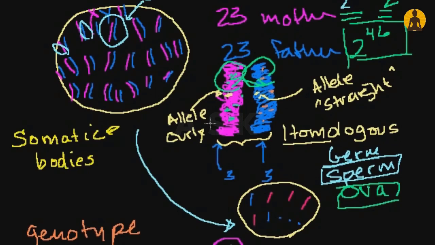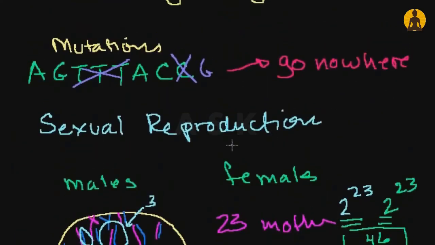And then all of a sudden, maybe some combination that never existed before emerges, and that's very successful. But I'll leave you to think about that, because maybe that combination might be passed on, or it may not be passed on because of this recombination. But we'll talk more about that in the future. But I wanted to introduce this idea of sexual reproduction to you, because this really is the main source of variation